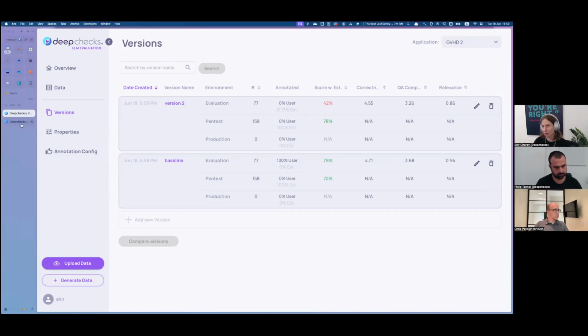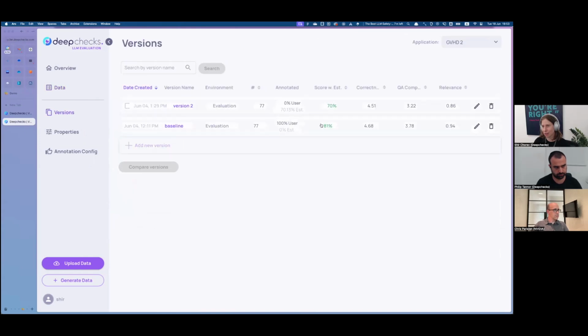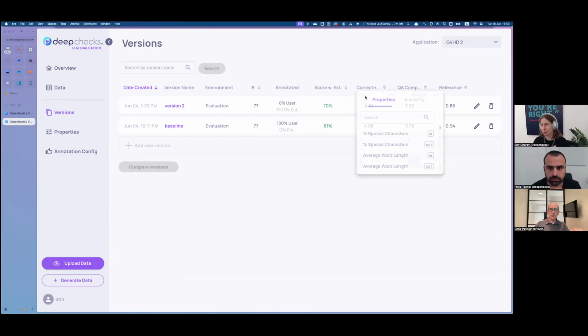In the other example I showed before, this is after customizing. All of these automatic annotations are customizable per use case. So the idea is that you can very easily understand what the relevant metrics are and accordingly get estimated annotations. And here you can see it's like 70% versus 81%. Probably the reason for it, by the way, is that now many more were